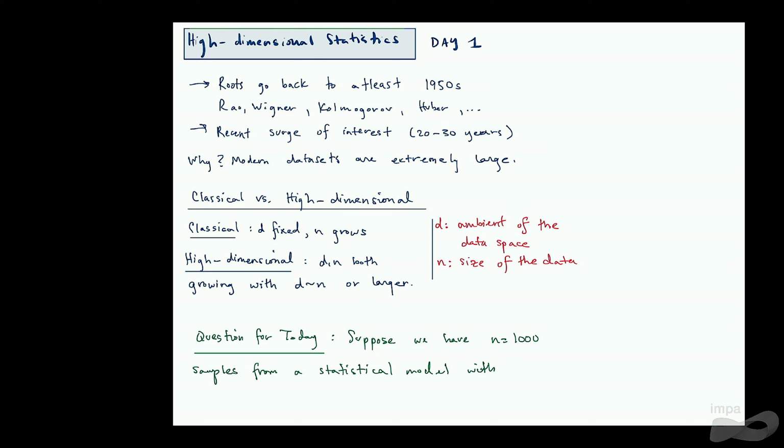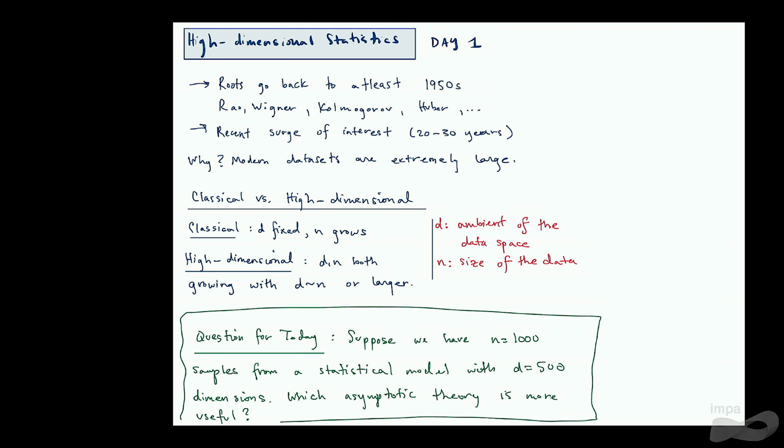With, let's say, D equals 500 dimensions. Right, so the question is, which asymptotic theory, classical versus high-dimensional, is more useful in describing the finite sample dynamics of this problem? Of course, the answer to this question depends on